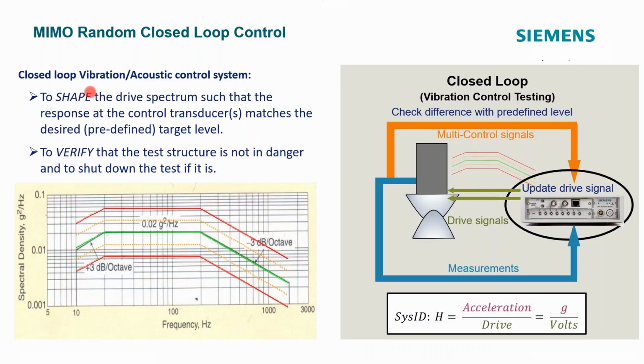Closed loop control, again, is typical even for single axis control. In fact, that's depicted over here, but we're going to expand on these concepts into the multi-axis domain. So we'll have multiple drive signals and multiple control signals, but the concepts are the same: we're measuring the responses and deriving our transfer functions, or SysID, which is G's per volt, but we're going to have a whole bunch of these depending on how many control channels we have. And there's some crosstalk between these different drive voltages, as mentioned in the first slide, the coupling between these different responses through the structure. And so we have to measure the spectral matrix of the transfer function, or the SysID matrix.